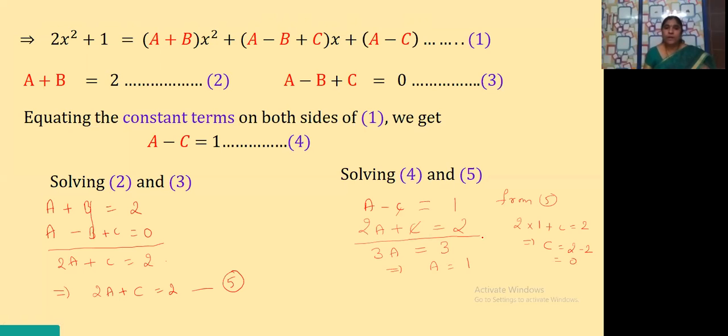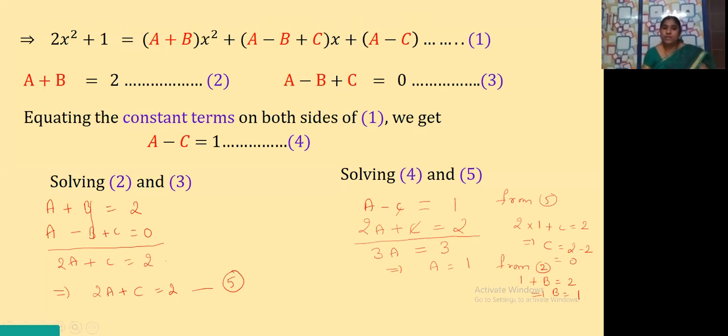So where do we have the B equation? In equation number 3 or equation number 2 also we can take. From equation number 2. What is equation number 2? A plus B is equal to 2, this is equation number 2, yes or not? A plus B is equal to 2. So let us substitute there. 1 plus B is equal to 2. This implies B is equal to 2, 1 goes to the other side, becomes minus 1. So 2 minus 1 value is equal to how much? It is equal to 1.